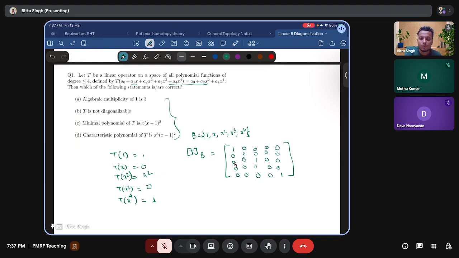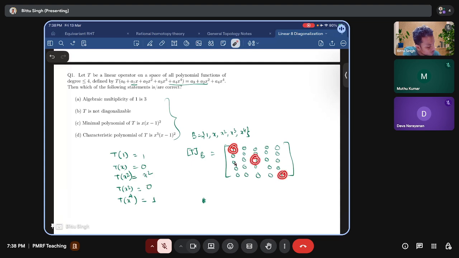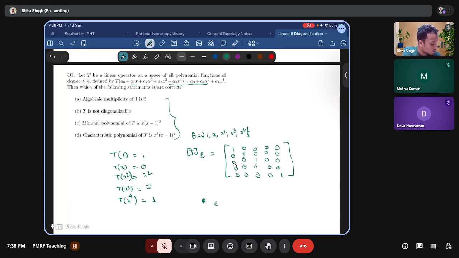Okay, so can you see, what is the algebraic multiplicity of, so there it is clear that the eigenvalues are the diagonal entries which are 1 and 0. The eigenvalues are: 0 is appearing 2 times, 1 is appearing 3 times. Okay,